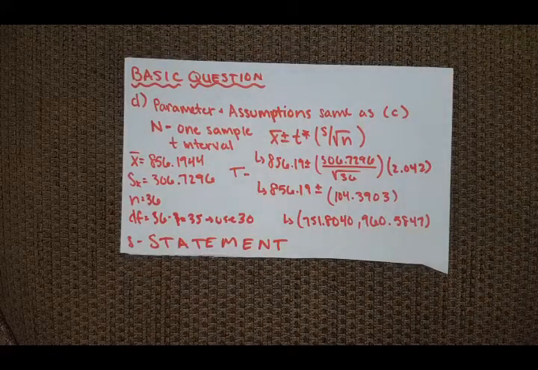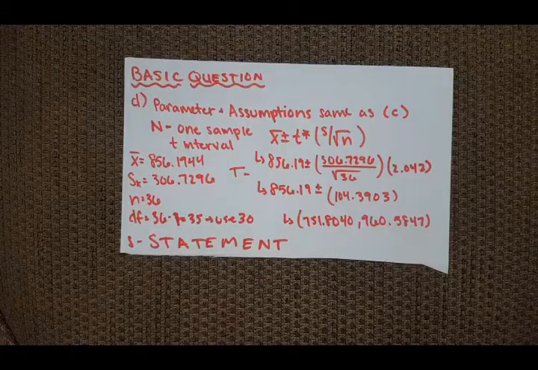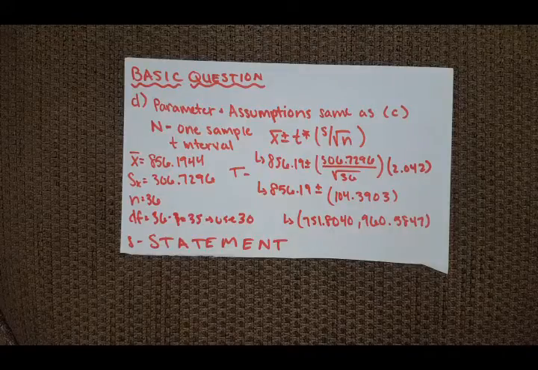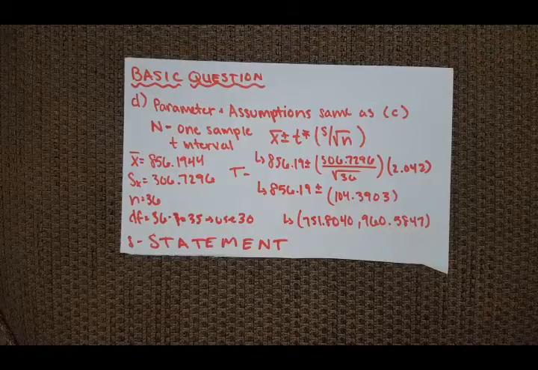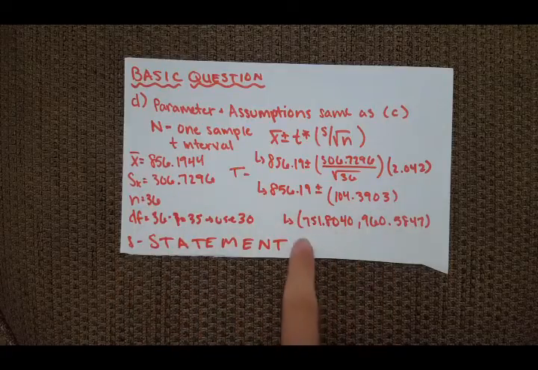So then you go to your one sample t interval, just as before, same formula, and because you only took off two values from your n, you can still use the same degrees of freedom that I showed you in the book. So it's still a 30 degree of freedom problem. So then you have a t-star still of 2.042. Then you use the same formula, with a different mean and standard deviation, plug it in, and you get this interval of